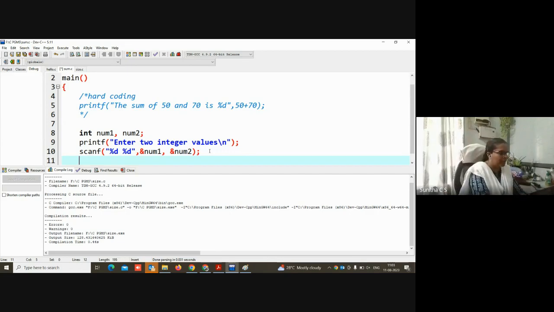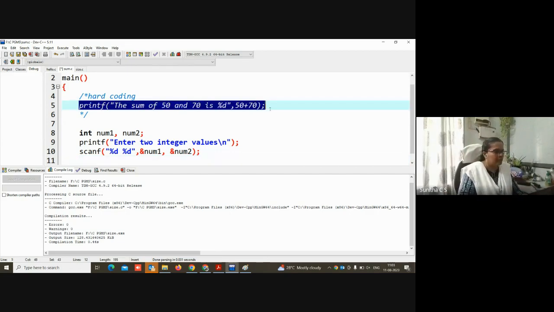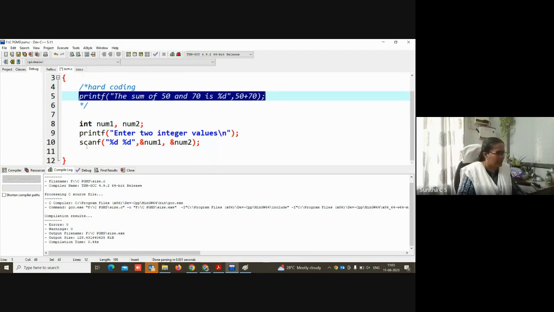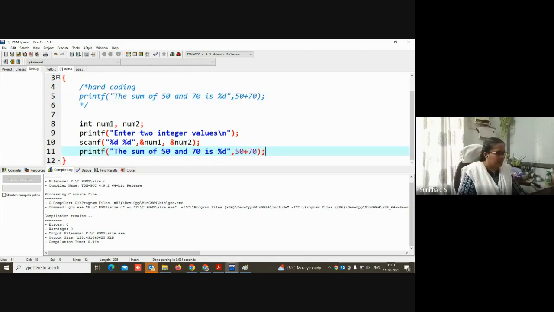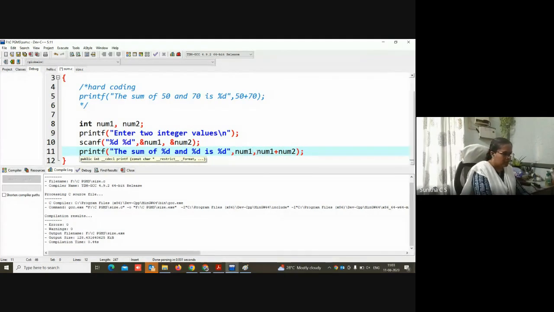Now I can print these things in a different fashion. Instead of 50, I'll give %d. Instead of 70, I'll give %d. And instead of these two, I'll give num1, comma, num2, comma, and the sum.